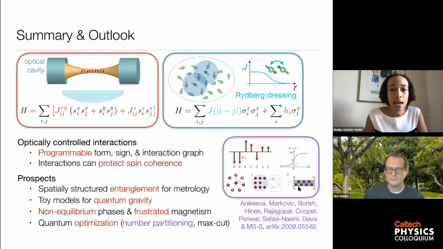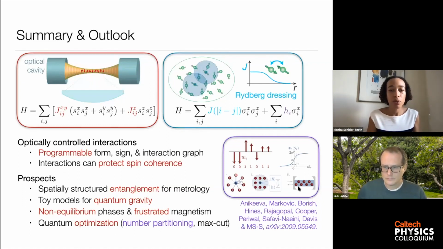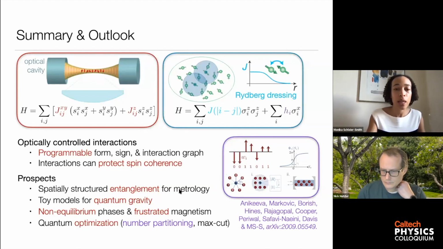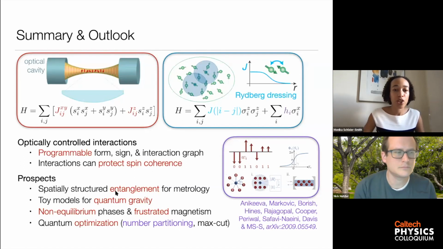So with that, I just want to summarize and say that I've shown you 2 different physical systems where we have various ways of optically controlling interactions between cold atoms. And we have programmability of a number of different aspects: the form of the interaction, the sign of the interaction, the graph of the couplings. I've shown you one kind of useful application of controlling the form of the interaction to protect spin